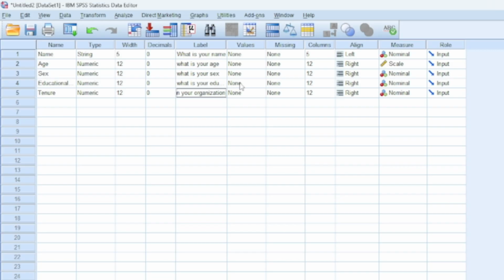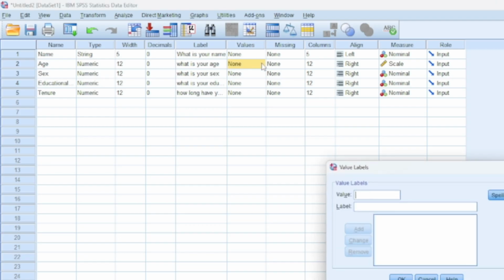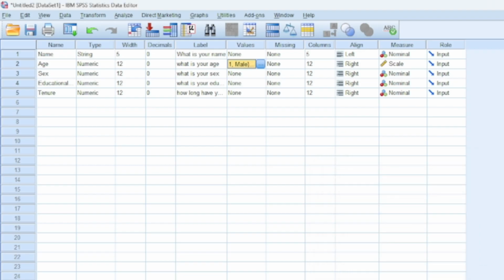Okay, so now we move on to the values where we are going to code. For name, we leave it like that. For age, remember we used 1 and 2: 1 for male, then you click on add, then 2 for female, then you click on add, then you click OK. So what you are doing is you are telling the application that anywhere they see age,